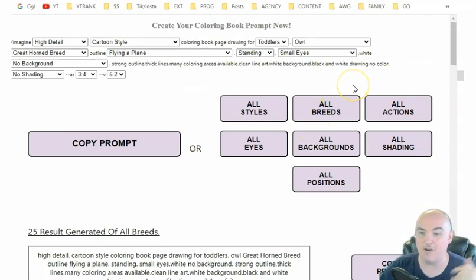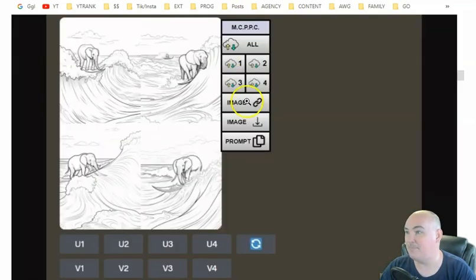I'm just super excited. I've already put out 3 coloring books this week. And this is going to make it so much faster, because not only can we skip a lot of steps with being able to upscale and download all of them super quickly, but as soon as we add